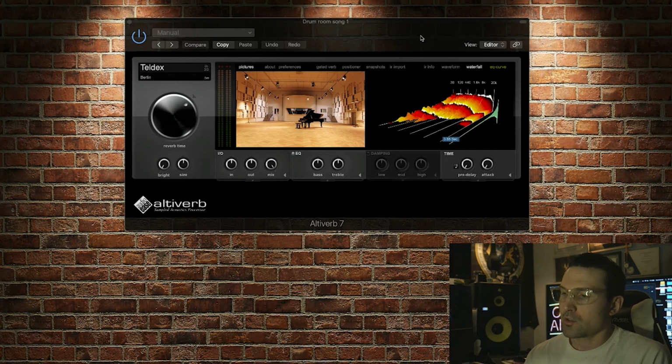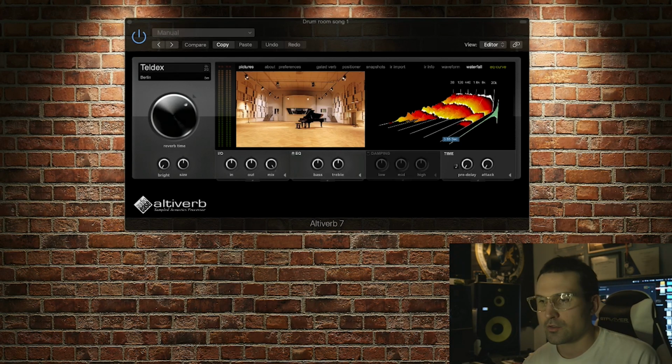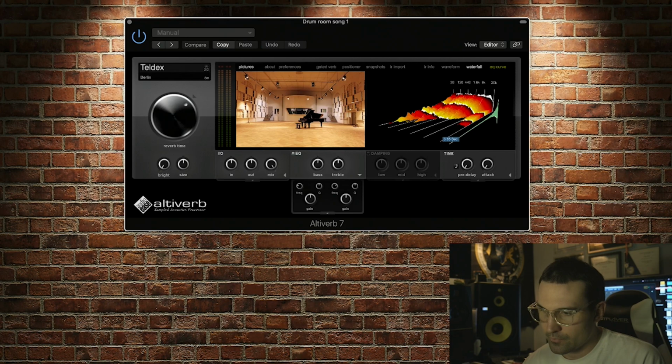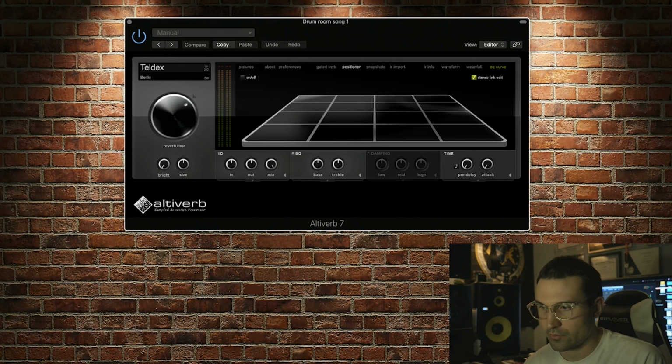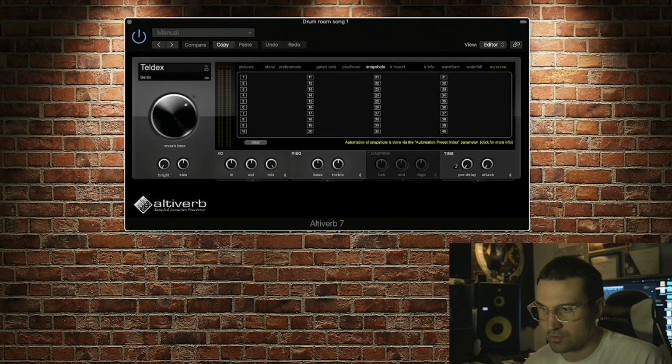Alright, here we go. So here's the main screen for the interface. You got a main parameter here for reverb time, brightness, size, input and output and mix knob, EQ. Dampening will probably unlock as we go into more of the plugin in time. Oh, okay, so this pull down here unlocks other parameters, which is cool. And then we got our about, preferences, that's off, positioner, very cool, snapshots,